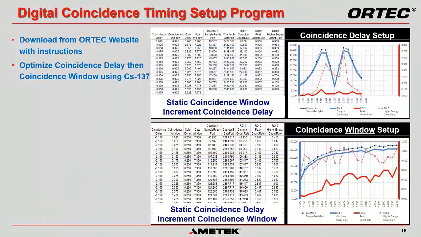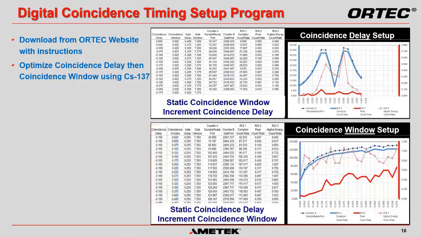While using a narrow coincidence window, the Excel program will change the delay in negative increments of 25 nanoseconds in successive measurements while monitoring the coincidence count rate on the sample ready port. The coincidence count rate will normally increase as the gate and fast discriminators become better aligned and then drop off as additional delay causes them to diverge. Then the delay is adjusted in the opposite direction until the coincidence count rate is maximized on the sample ready port. The coincidence delay is then set to the optimized setting while the coincidence window is opened in 25 nanosecond